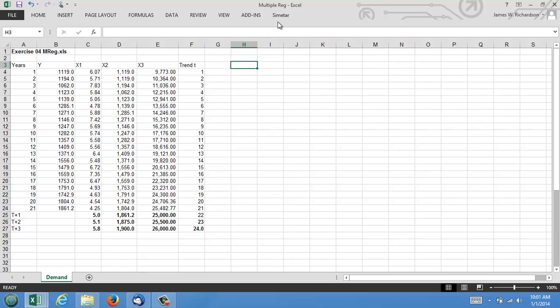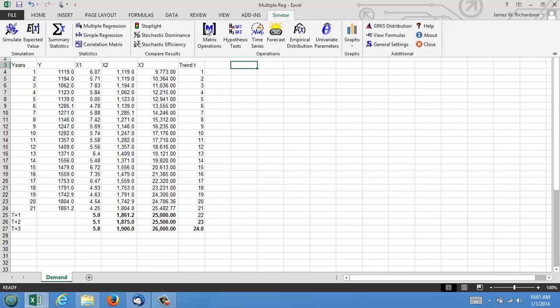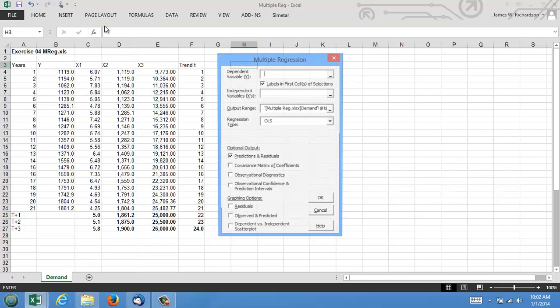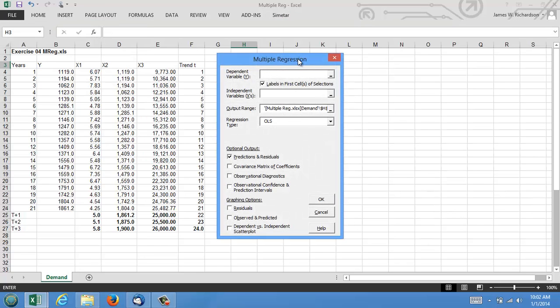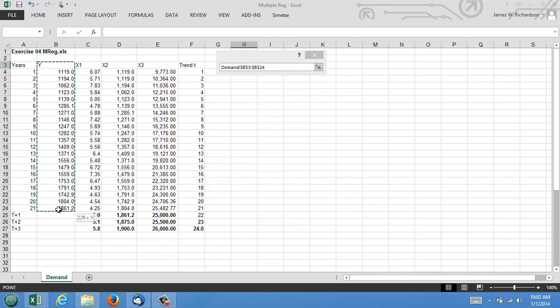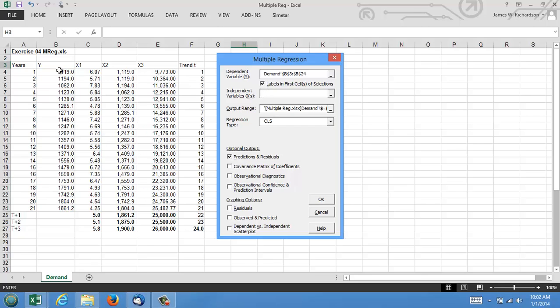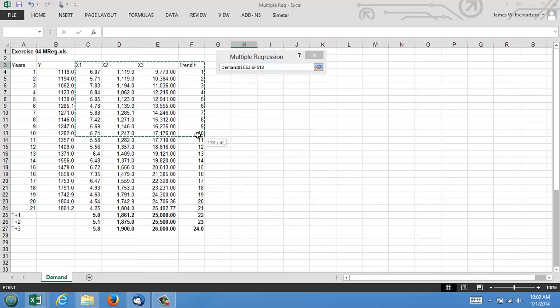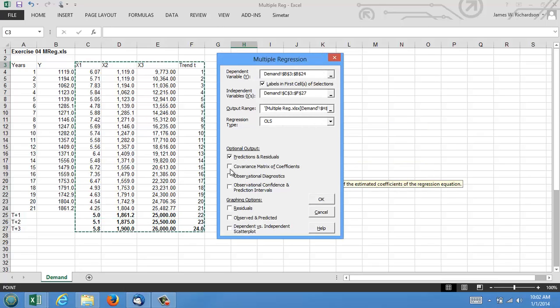To run a multiple regression in Simetar, you click on Simetar and select the icon multiple regression. It brings up this menu. You highlight the y variable. You highlight your x matrix, and it has to be contiguous. We can't have x's here and there across the spreadsheet. I want to select all of the different pieces of output or types of output that we can get from